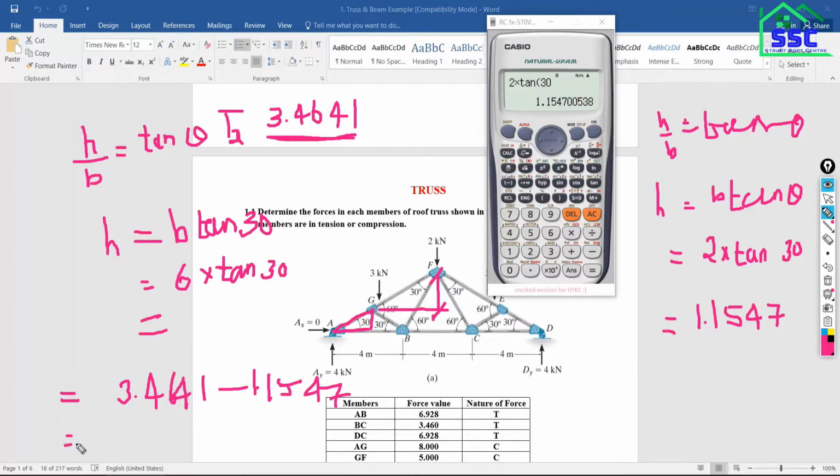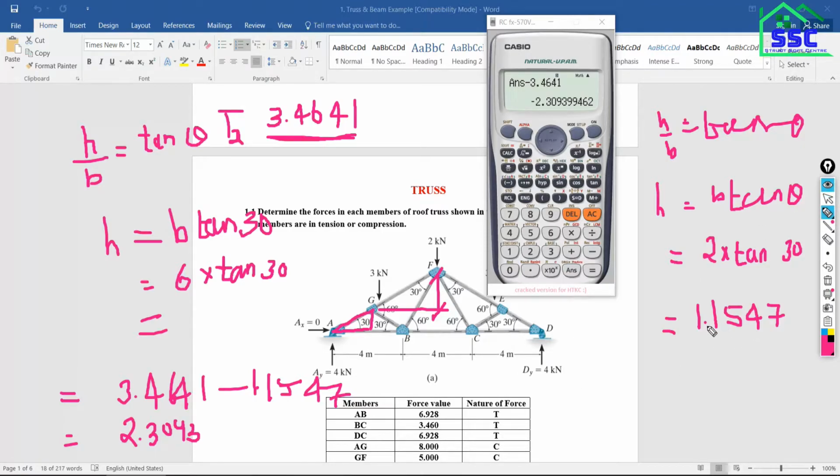How much? 2.309. Okay, 3.4641 minus 1.1547 is 2.3093. Put it again, 4 digits. Is that clear to all of you?